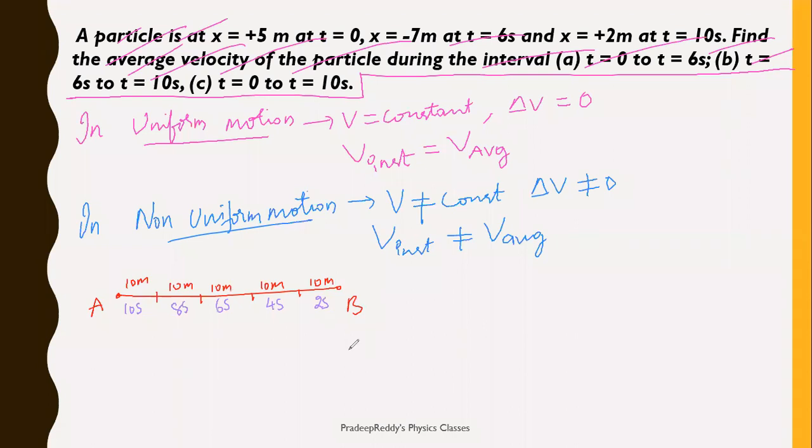What about velocity in the first duration? In this first part, it will be 1 meter per second. Coming to the last part, what is its value? 5 meter per second, right? So V initial, I am representing as U. Final velocity I am denoting with V. Initial velocity is 1 meter per second, and final velocity is 5 meter per second. So in this example, clearly, U is not equal to V. Initial and final velocities are different.